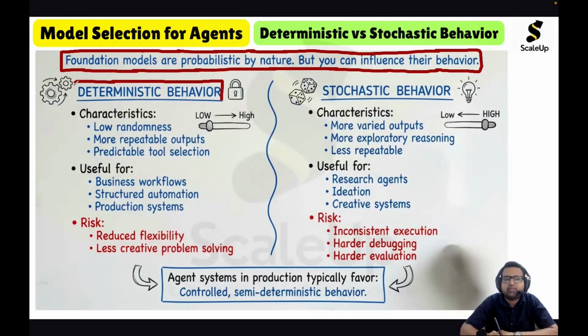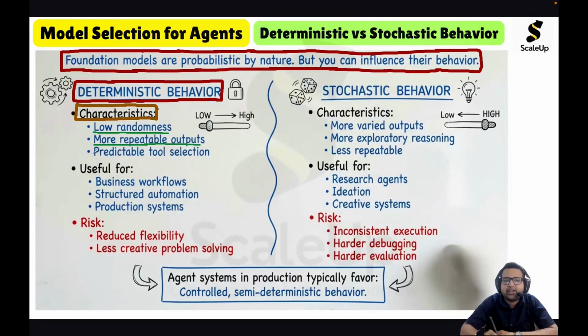About deterministic behavior. So what are the characteristics of deterministic behavior? Deterministic behavior means low randomness because it is deterministic in nature. We can determine its behavior. We can determine that, okay, for a particular input, what would be the output? So the characteristic of it is low randomness, more repeatable outputs,